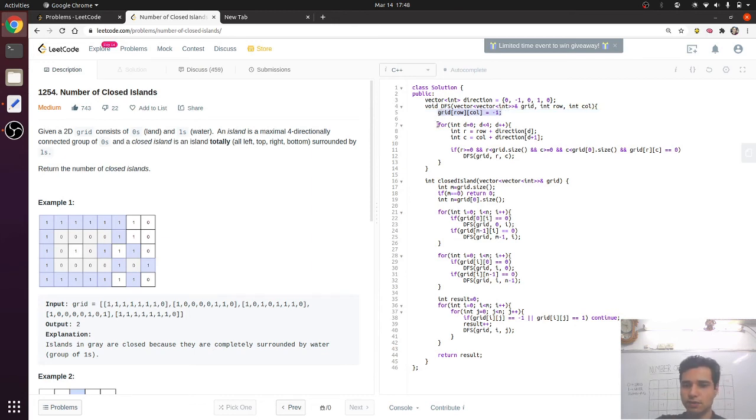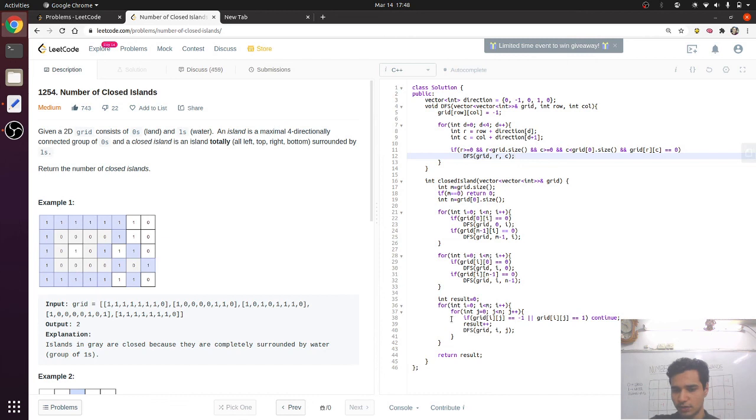Then we will traverse all the 4 adjacent nodes, and if it is in the correct range of the graph and that particular node is land, we will again do a DFS. Then it will keep on going till there is no land or it is out of bounds. Then all the edge nodes have been visited, marked as -1.